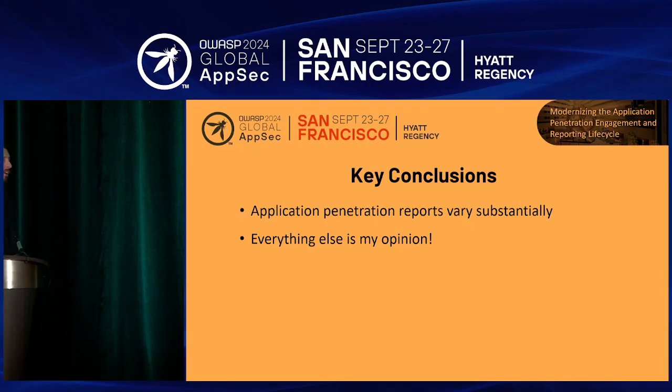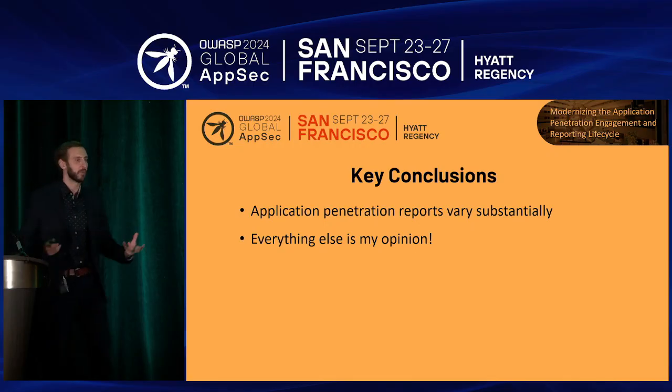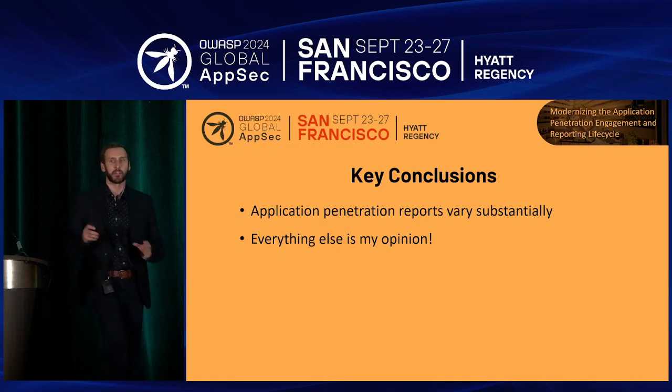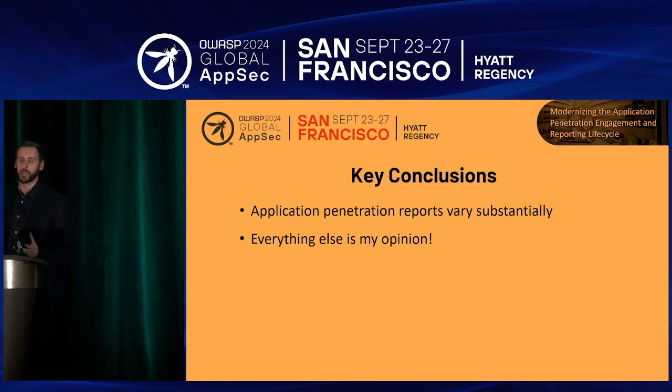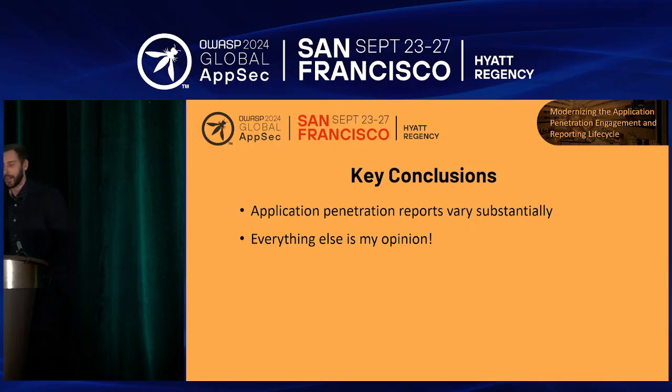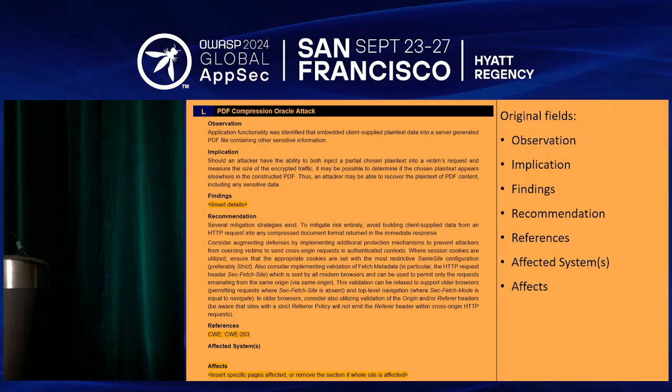And I think probably a lot of this has to do with reporting coming from a background of network and infrastructure testing, right? That's the foundation for how reports are constructed. And then as application security testing teams evolved to, okay, we need to add some more information, do things a little bit differently, everyone kind of took their own approach. There's no standard for what should be in an application security report, how it should be structured, and so on. So a lot of this in the analysis, when that comes out, will be my opinion, but I think it's a good opinion. So this is the old structure of our finding,